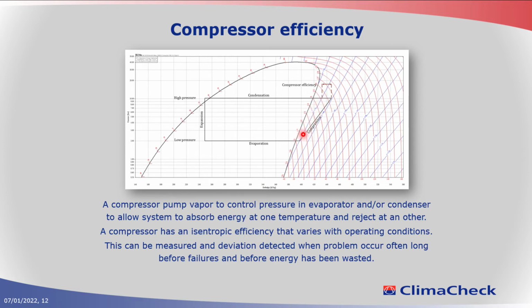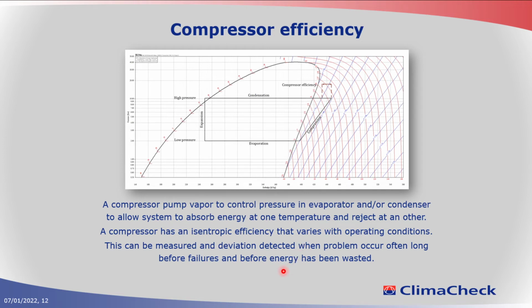So you would start here and then end up at this point here. But in reality, you start here and your discharge will be here. The difference here is your compressor efficiency, and that's one of the key values that the ClimaCheck system calculates and